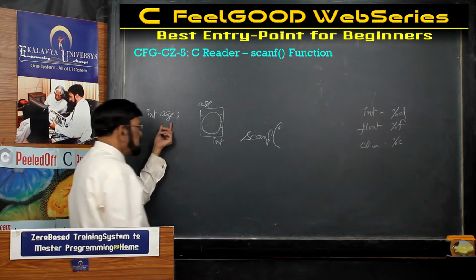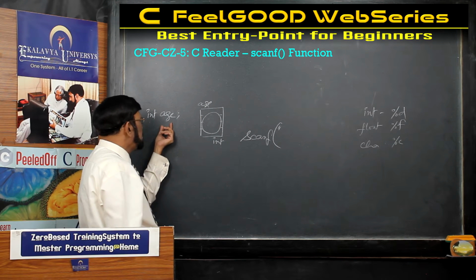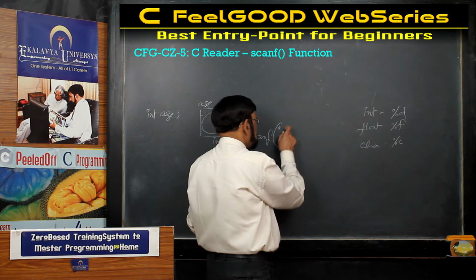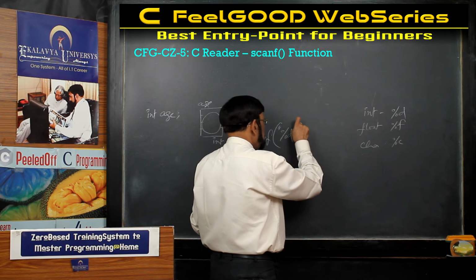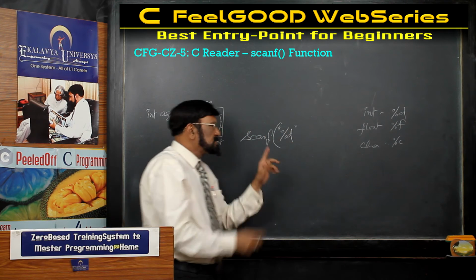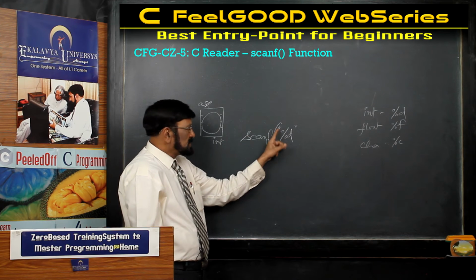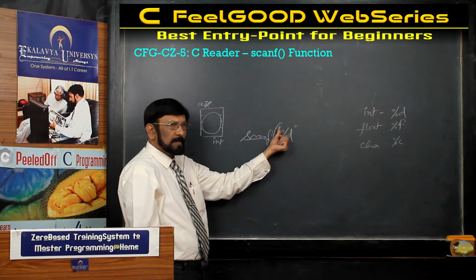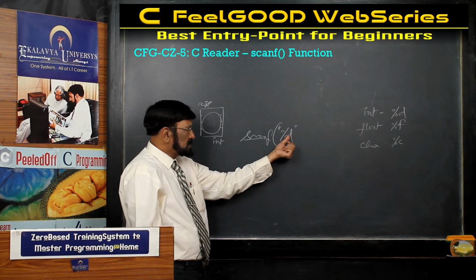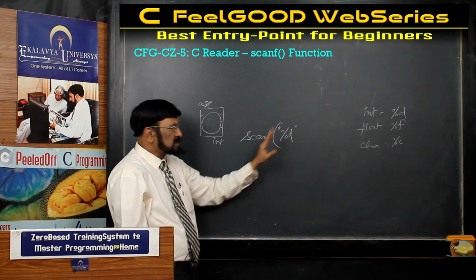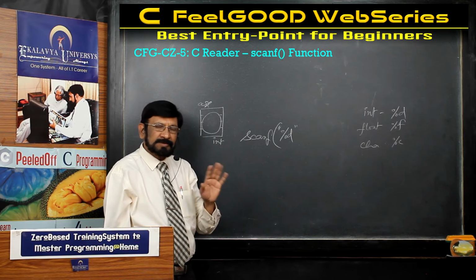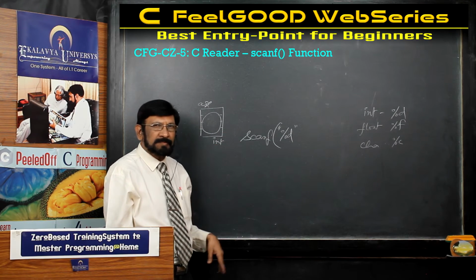So which type of value do you want to read? You want to read an integer type value. That's why you must write %d. Nothing else. Don't use spaces. Strictly without using spaces and all that. Double quote, percentage symbol d, immediately double quote. No extra spaces. If you give extra spaces, you have to face some problems. You can make an experiment to see what problems.